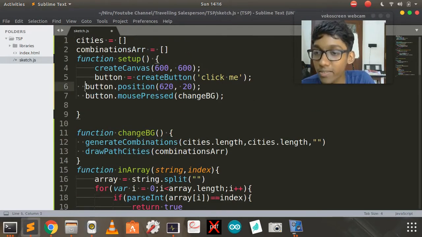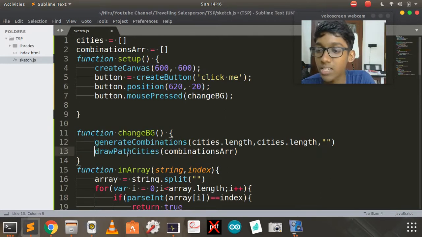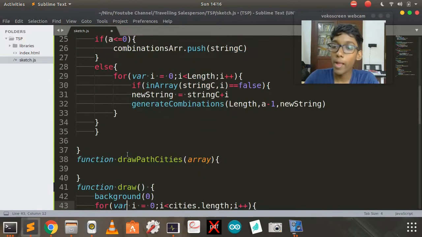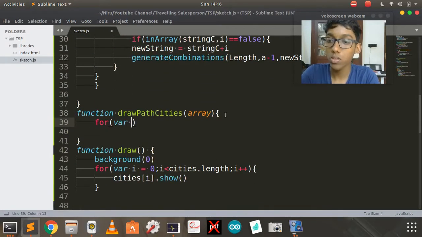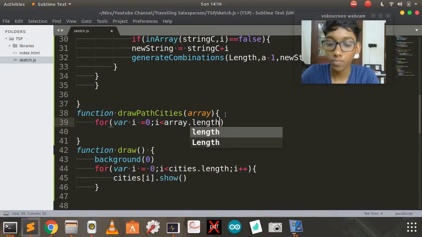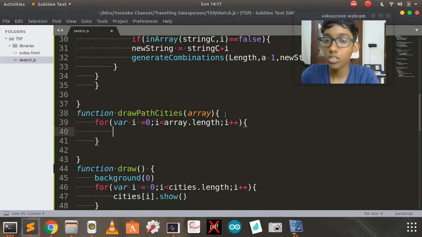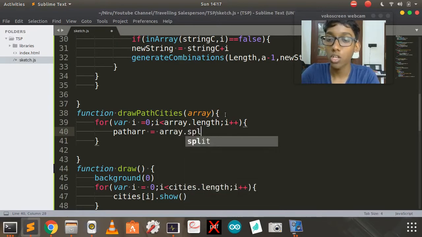Yeah, let me just, yeah, that looks better. Now you have this array, right? So I'm gonna loop through it. Let's do array i less than array dot length. So first I have to split it. So I'm gonna say path array, just a new element, array dot split, and not array i dot split, and